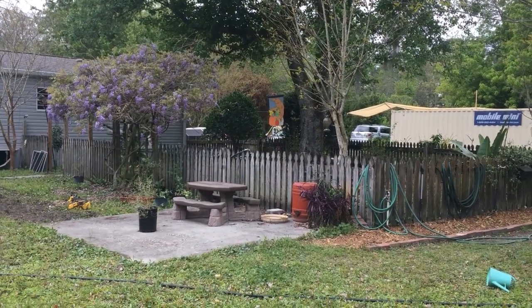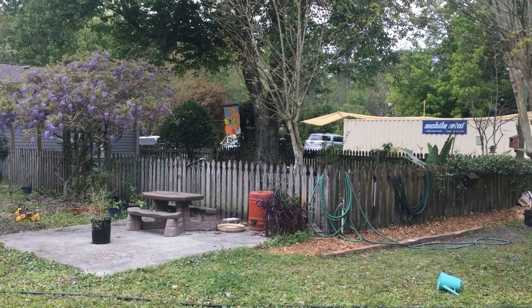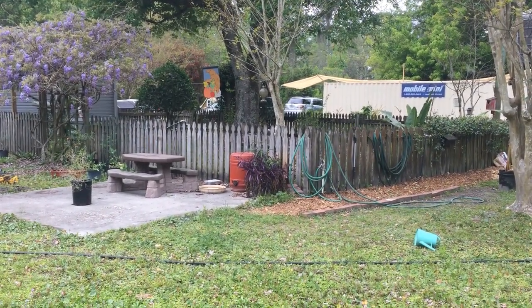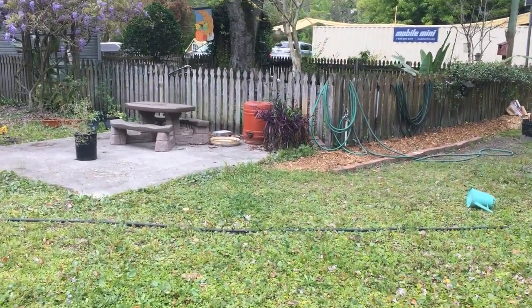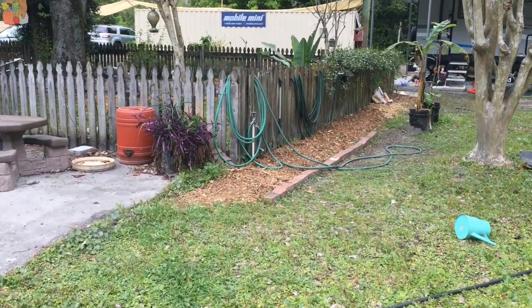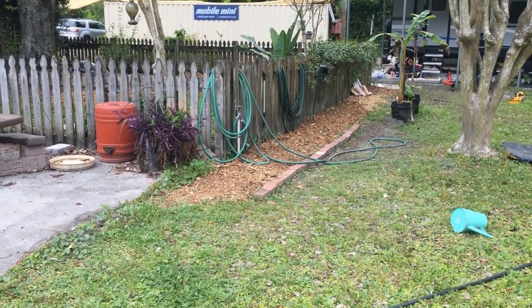And we would like to turn it into a potager style garden, so it'll be vegetables and flowers and kind of found objects, and just be very pleasing to the eye as well as being functional. And right in front of me, that long row of wood chips and bricks, we just started working on this the other day. That's going to run the whole length of the fence,